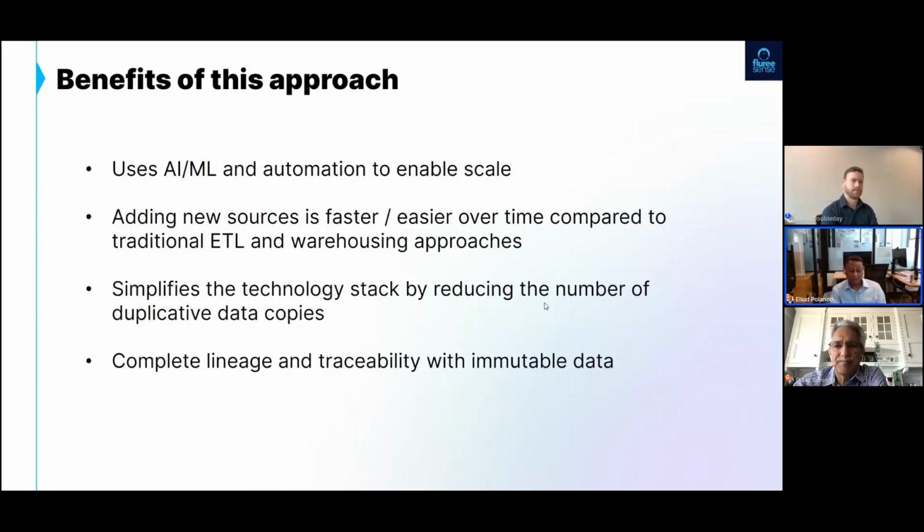It's much more resilient and open to change compared to doing stuff with ETL. If we do this thing correctly, we should start to reduce the amount of copies of data that we have, because we're now going to start storing the stuff in reusable blocks of data as opposed to creating lots and lots of ETL copies. And then, like we said, the ability to have immutable data with lineage and traceability, so